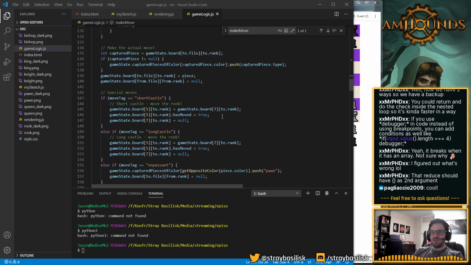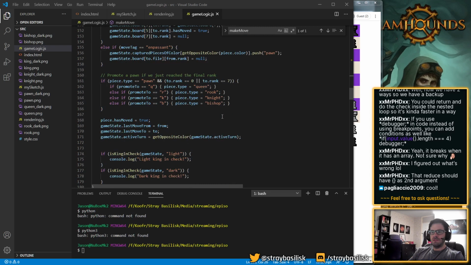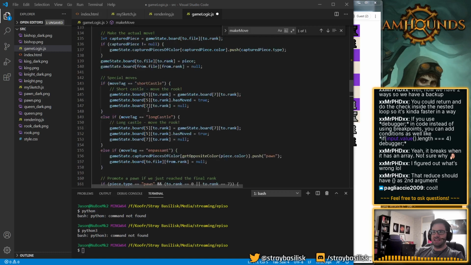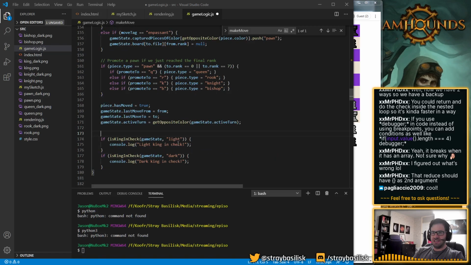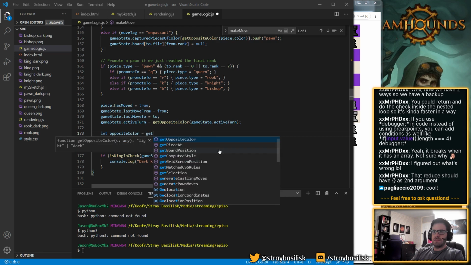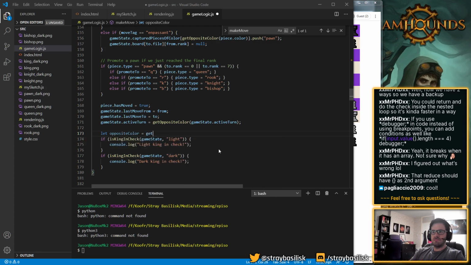Okay, so I mean, this is redundant, right? Because we've now got this check, you can only put the opposite color in check at the end of a move. So that. Okay, let's just do it here.